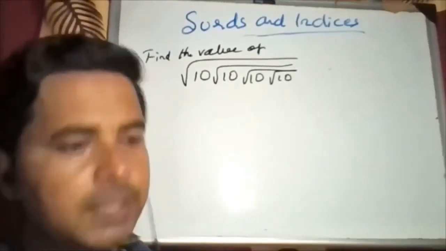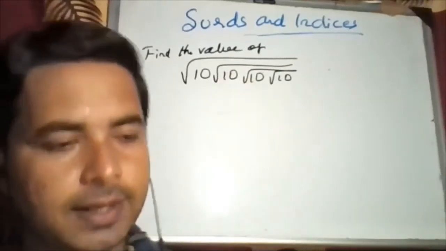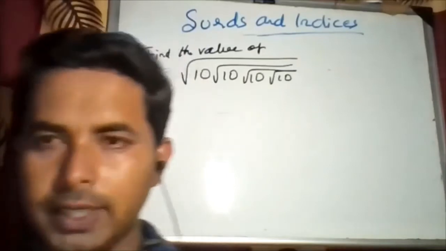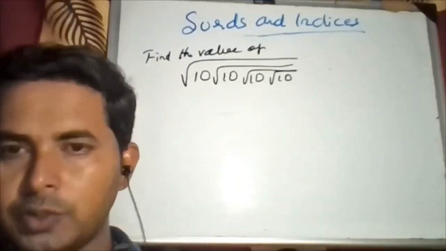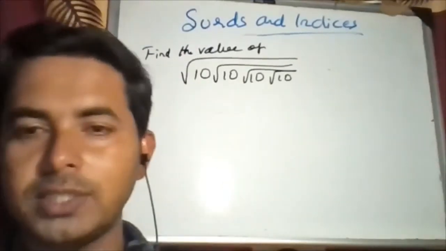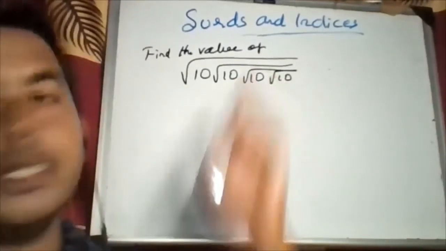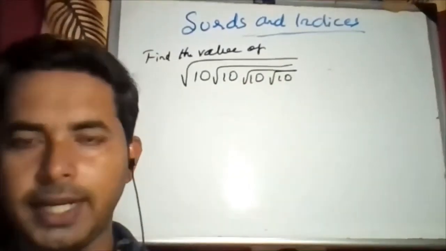What you have to do, just see how many tens are there. How many 10s are there? 4 tens are there. अभी देखो 10 कैसे divisible होता है. So 10 will divide with the smallest number 5 and with the smallest number 2. So 2 से divisible होता है. 2 5s are 10.